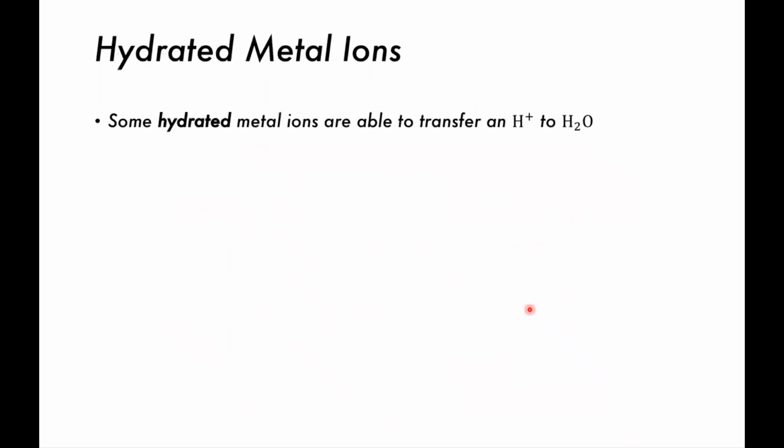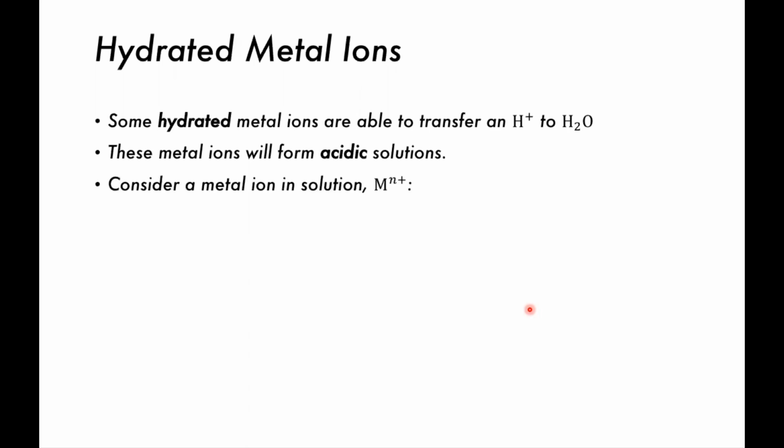Hydrated metal ions. Some hydrated metal ions are able to transfer H plus to water. So these metal ions will form acidic solutions, because by transferring H plus to water we produce the hydronium ion, and the increased concentration of hydronium ion forms acidic solutions. If we consider a metal ion in solution as Mn plus, where M represents some metal and n is the number of electrons that are deficient, then Mn plus dissolved in water plus water will give us this hydrated metal